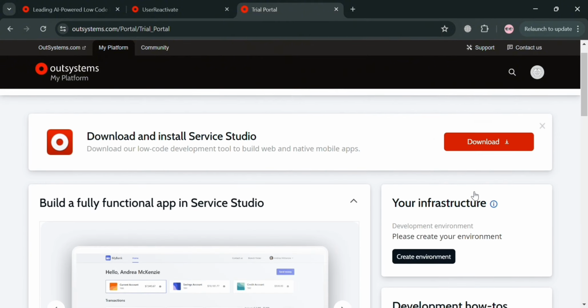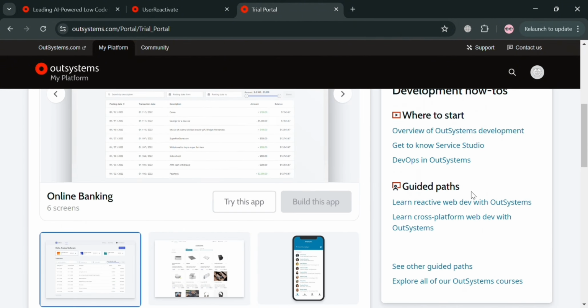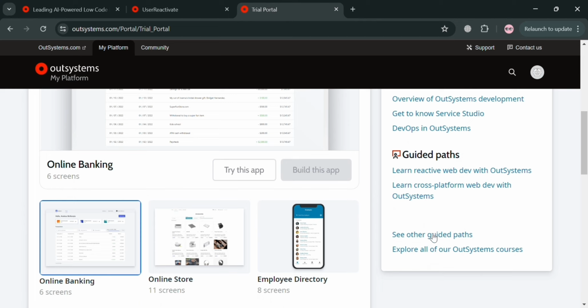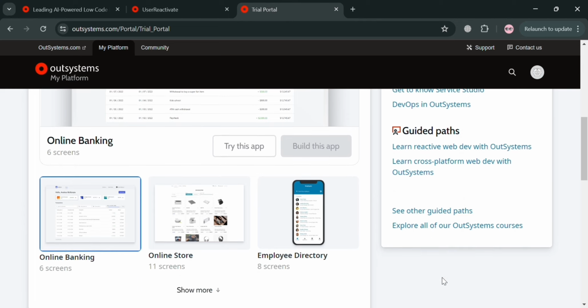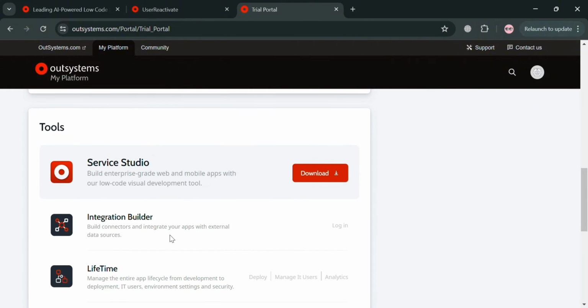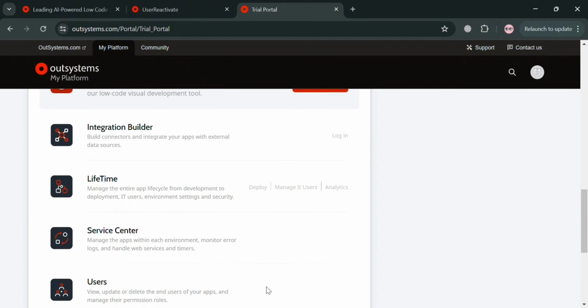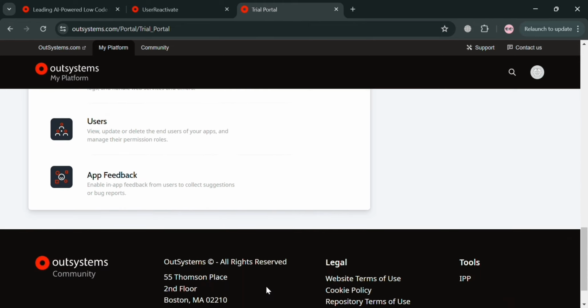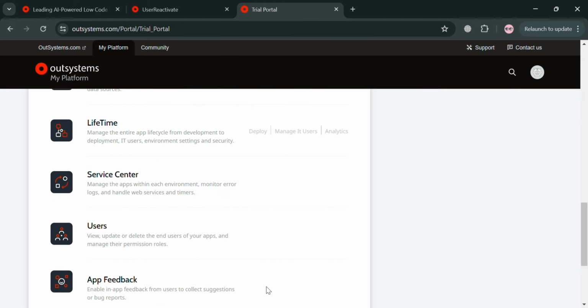On the right side panel, it will show you the development how-tos, or the guide on how you can start developing an application, including these guided paths to learn reactive web development with OutSystems and many more. Aside from that, under Tools, it will show you the Service Studio that you can install, the Integration Builder, Top Feedback, Users, and many more, in which you can navigate all of those tools and start